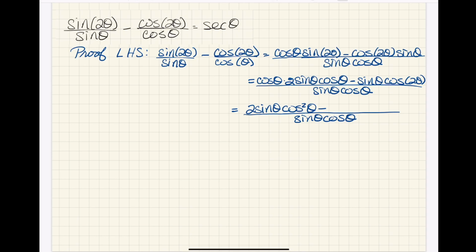Now remember, our final answer needs to be secant theta, or a 1 over cosine of theta. We need to have this 1 over cosine show up. We need the sine function to cancel out of the denominator. And there may be multiple ways of doing this, but when I'm looking at it, I just see that we have this cosine of 2 theta over here, and I'm thinking about, well, we have a cosine squared showing up.